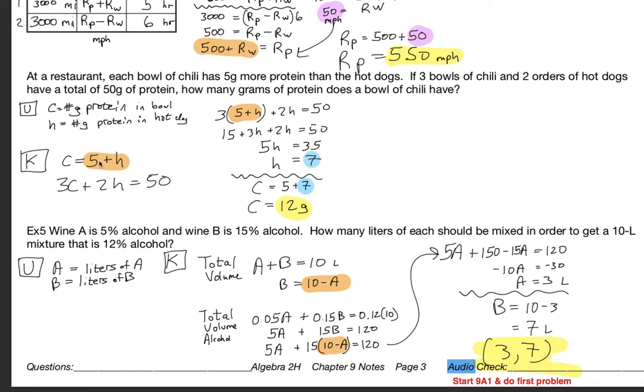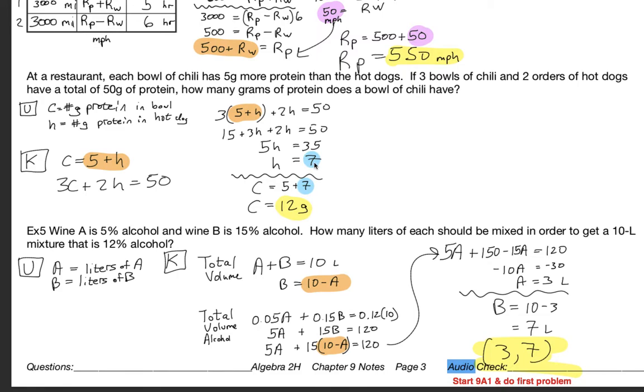Now that I've written them out, I can see that I can use substitution. C is equal to 5 plus H, so I'm going to rewrite the bottom equation, and instead of writing a C, I'm going to write what C is equal to inside parentheses. 3 times (5 plus H) plus 2H is equal to 50. Distributing, combining like terms, subtracting 15 and dividing by 5, you get H is equal to 7 grams of protein